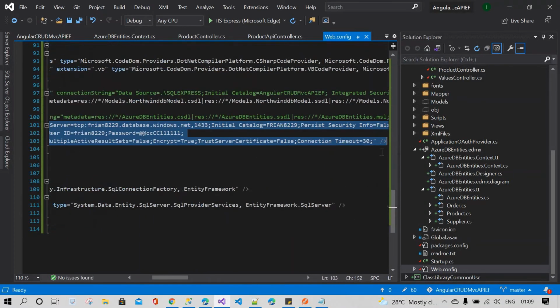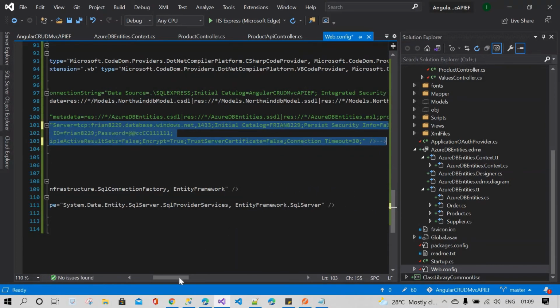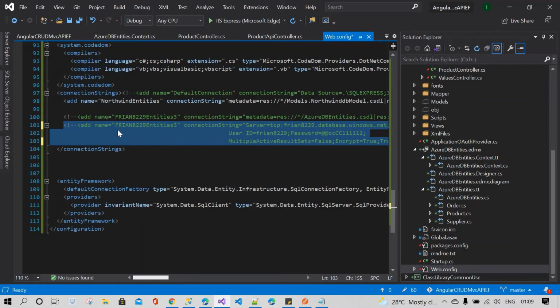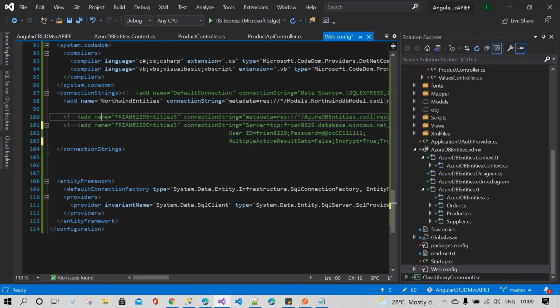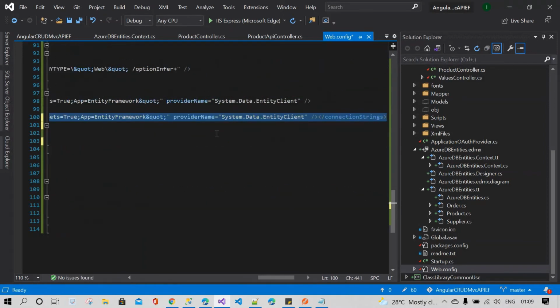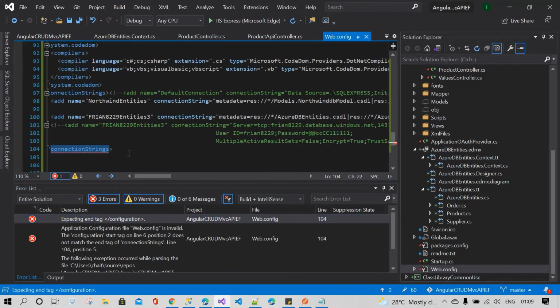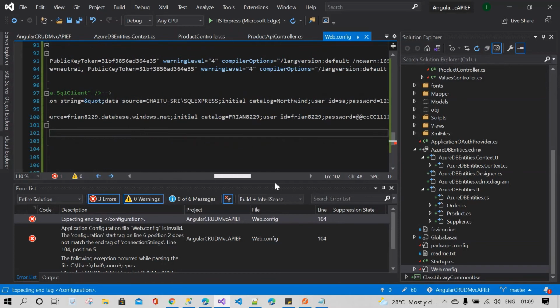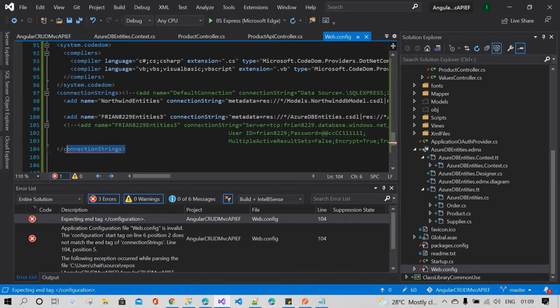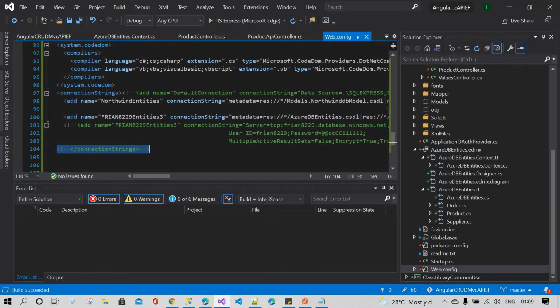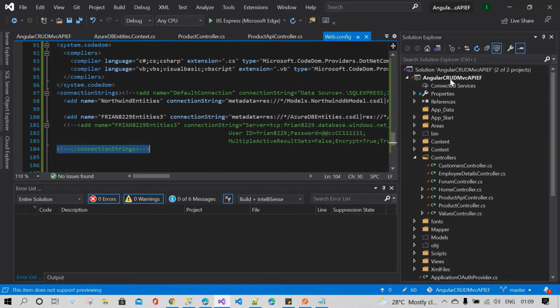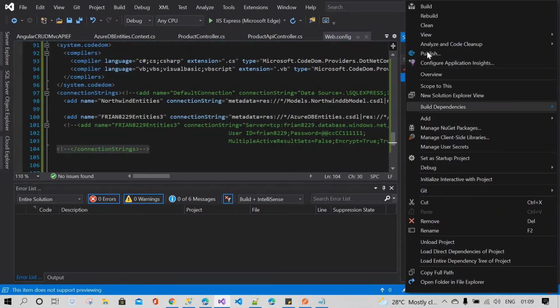Okay, again we will publish with the old one. Actually it should work, but why it's not working, I'm not getting. Again we will publish this application.